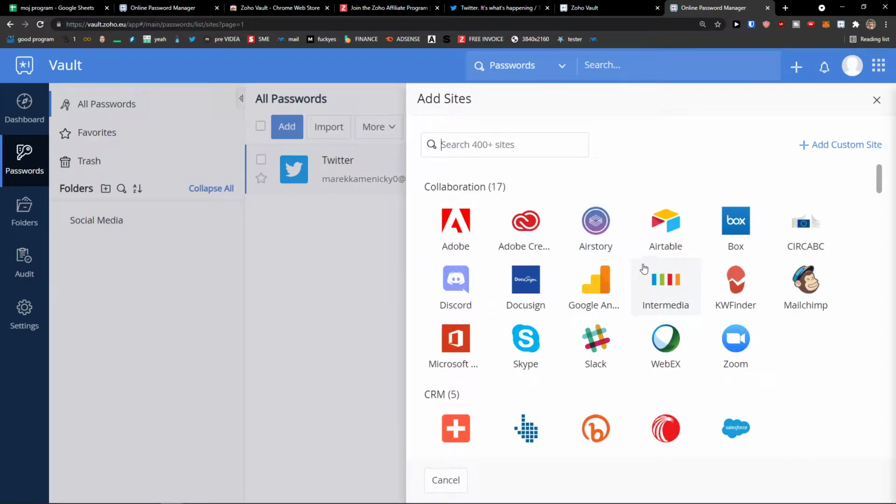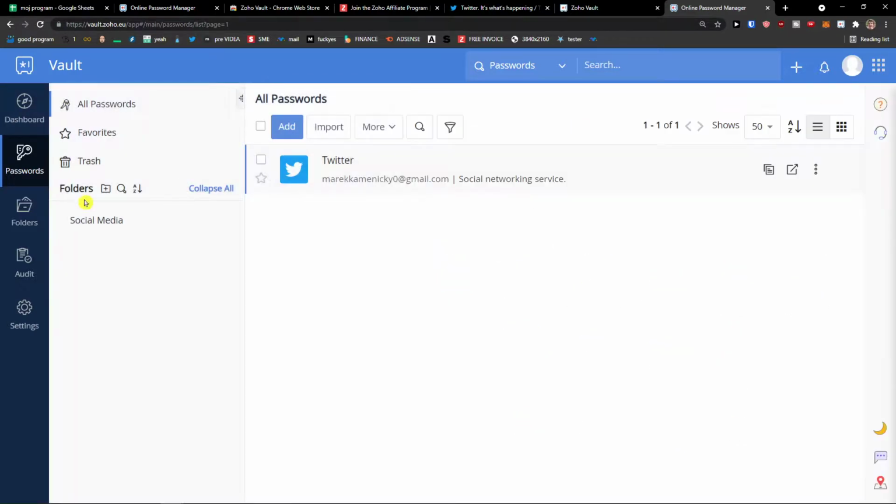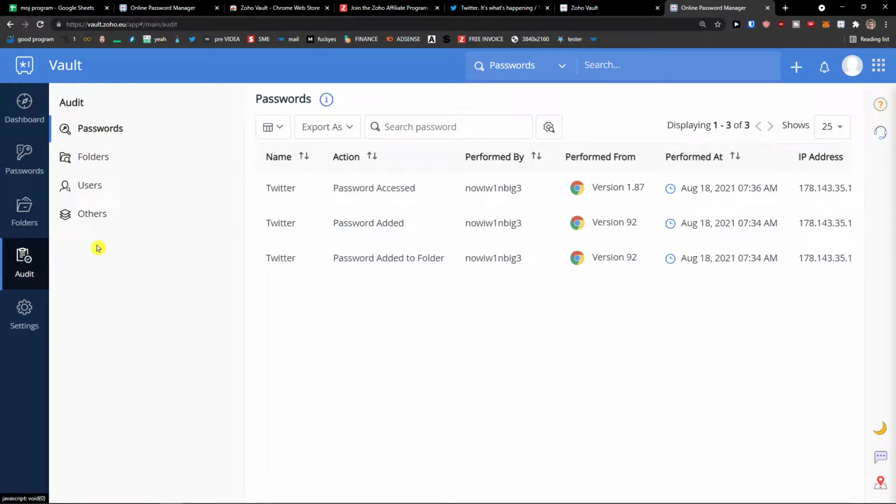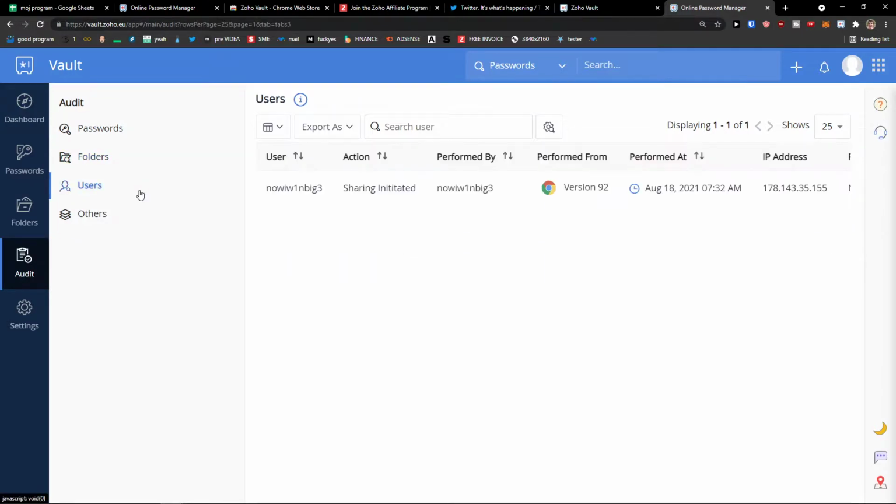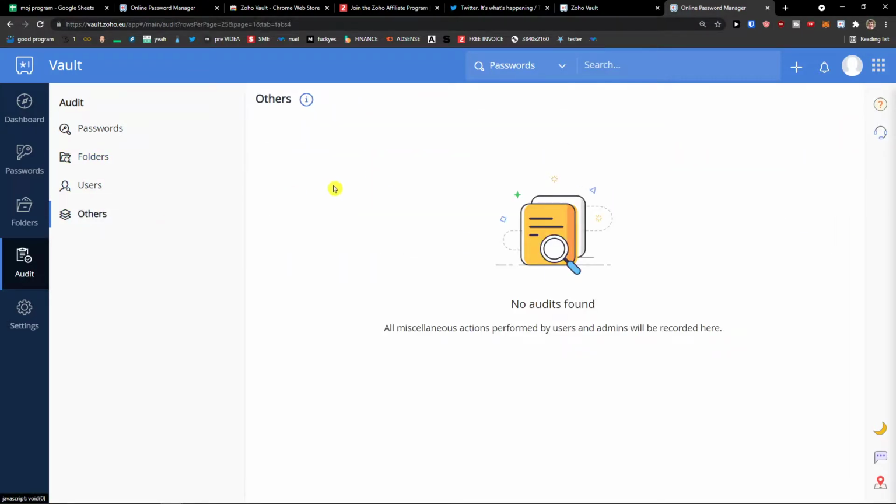And yeah, so this is how we can use it. It's pretty straightforward and pretty easy. Now, again, you can find folders here and then audit. In audit, you can see the passwords and the information for what it was used. Users, others,